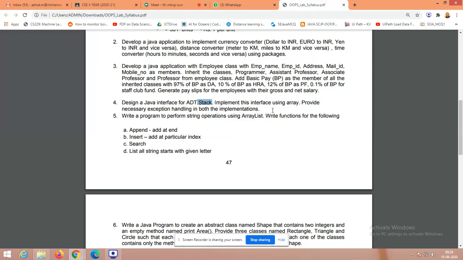So all these operations have to be listed as methods in the corresponding interface. So you can customize the interface for each and every operation. You should not use collections here. You have to use the basic one-dimensional array.